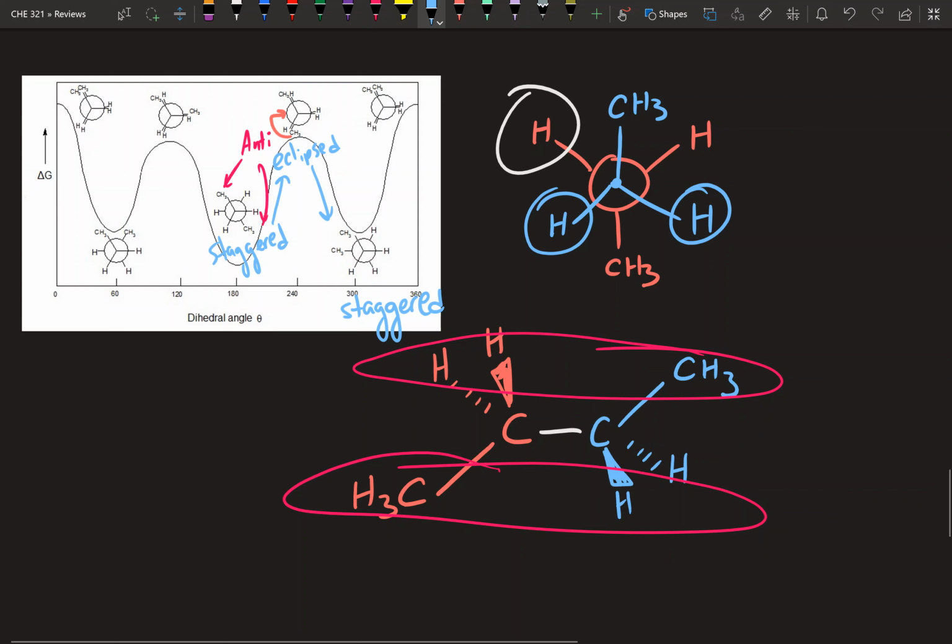But what is present is this interaction right over there. Those CH3 groups are close to each other, and if you remember from the last video, that's called a gauche interaction. That is also going to add to the instability a little bit, but not nearly as much as an eclipsed conformation would. And so you can see that, if I just erase this a little bit,